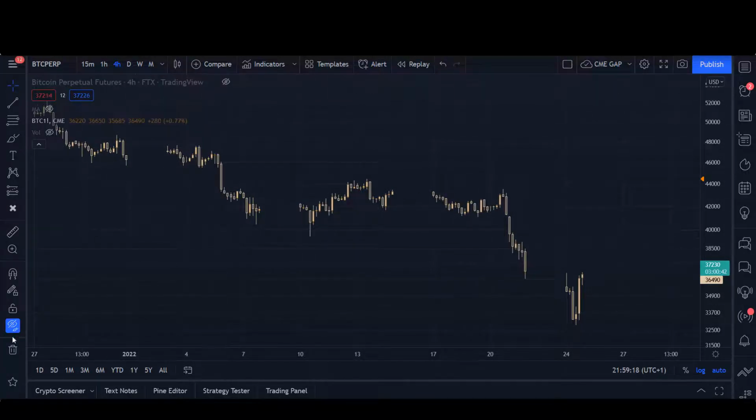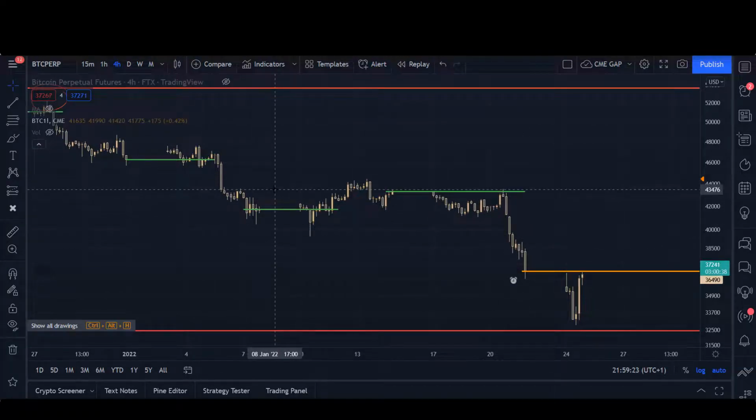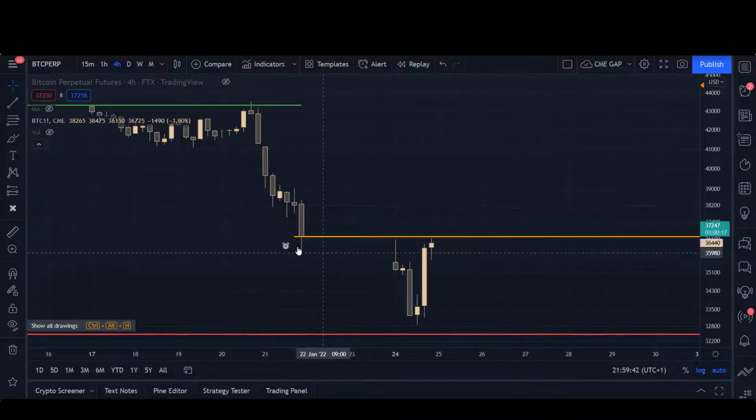If I switch on the drawings again, you can see that I have been monitoring CME gaps for quite a while now, and whenever the gap is filled, which means that the last closing price is being intersected by the current CME future price, then I turn it green. In this example, this was last weekend's gap, and it has just been filled.